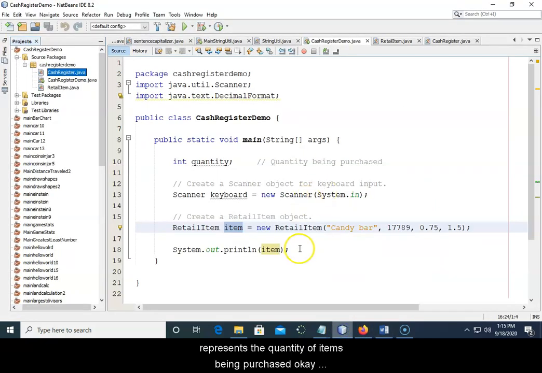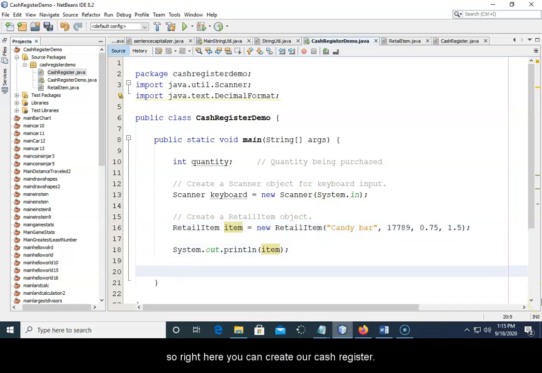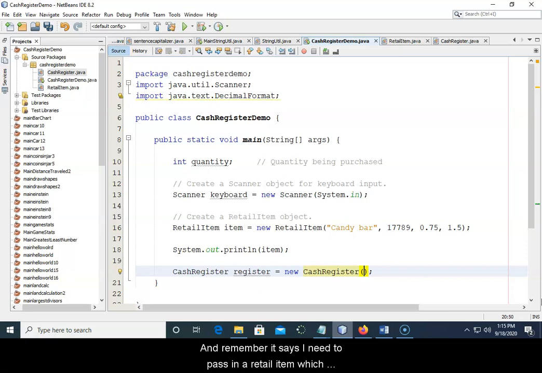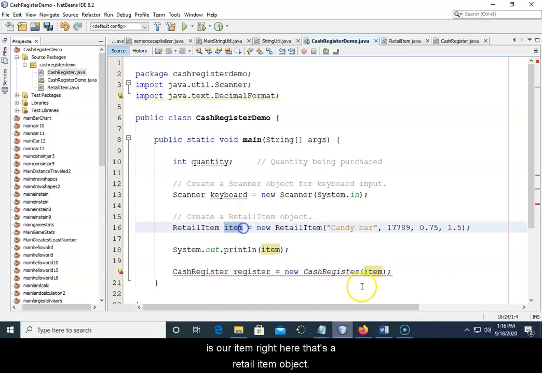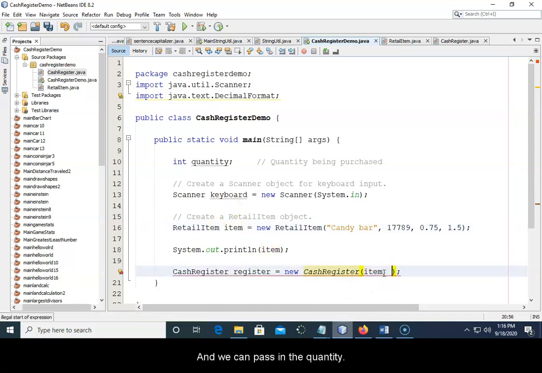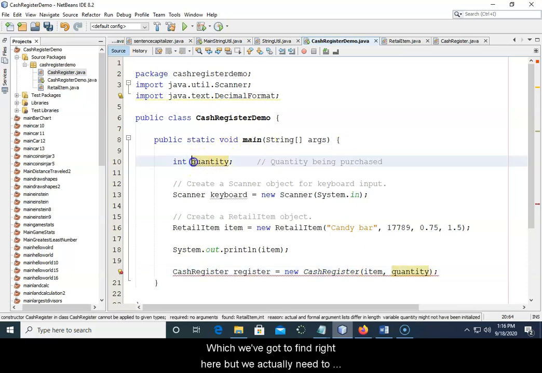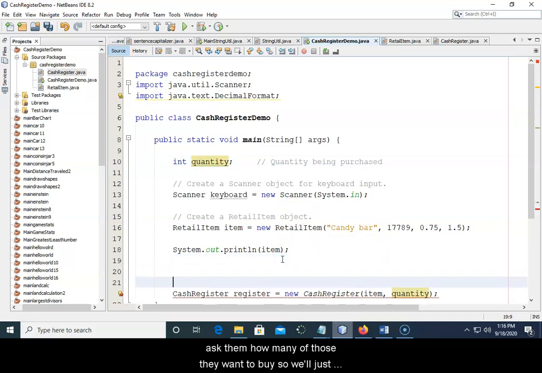Okay, so right here we can create our cash register object, and I'm just going to call it register, equals a new cash register. And remember, it says I need to pass in a retail item, which is our item right here. That's our retail item object, and we can pass in the quantity, which we've got defined right here, but we actually need to ask them how many of those they want